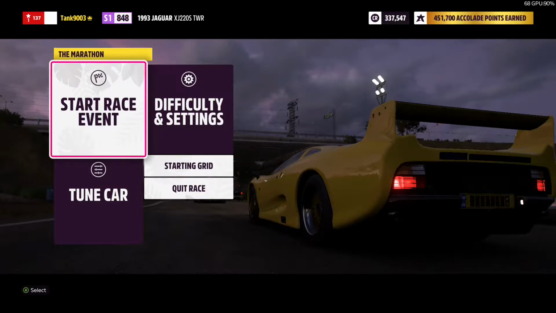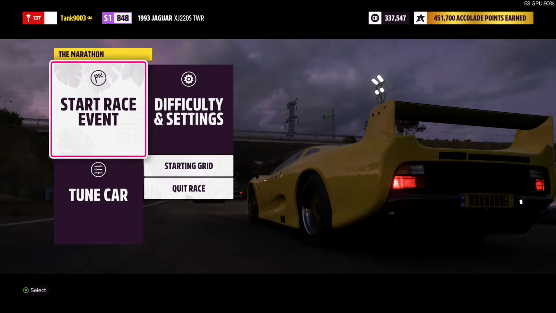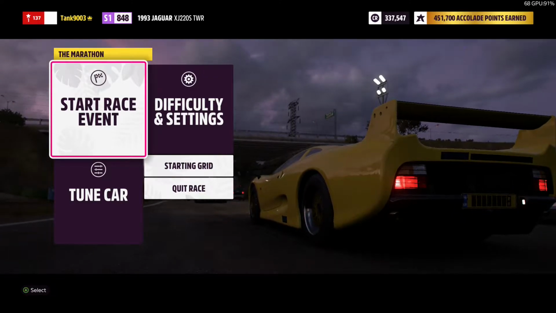The difference between this one and the XJ220 is the TWR was an endurance racer in the early to mid 90s, piloted by a variety of different drivers to win the Le Mans. They had one of their victories confusingly